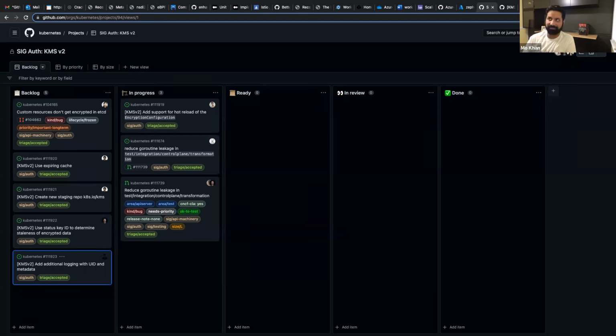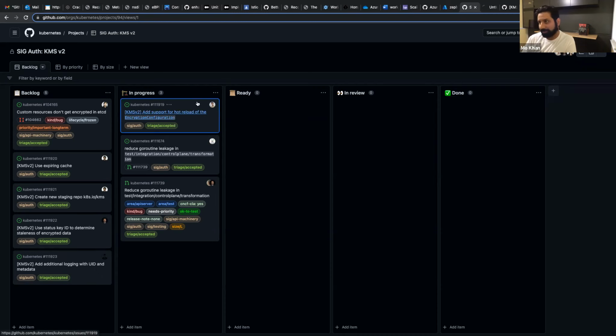Then it's perfectly fine to include the metadata, right? Because audit logs are supposed to be sensitive and private. So I think we're kind of okay there. Right, for the stuff in progress.